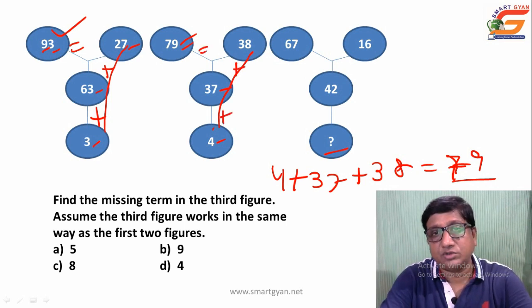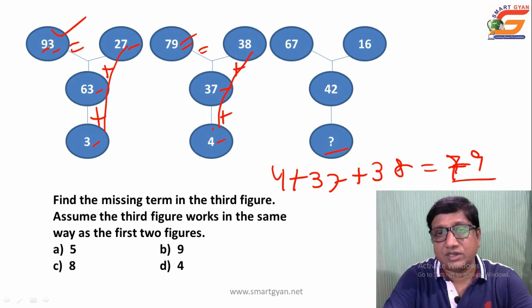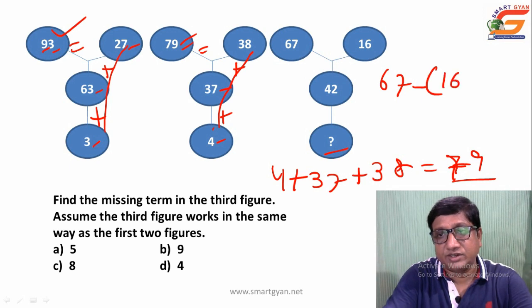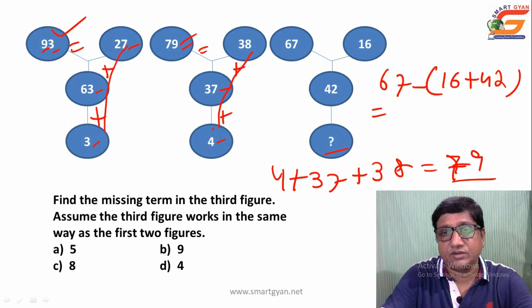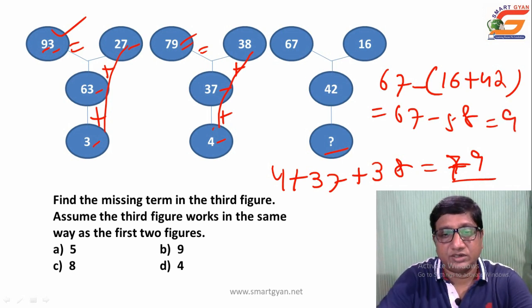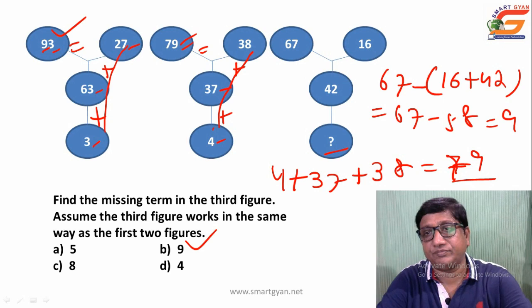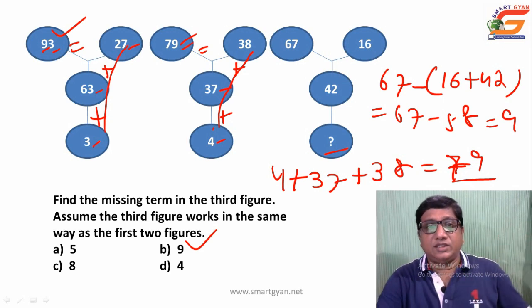So this way 67 is the sum of all these. So your answer will be 67 minus 16 plus 42. So it will be 67 minus 58, that is 9. So your answer is 9, that is choice B. Yes, next,